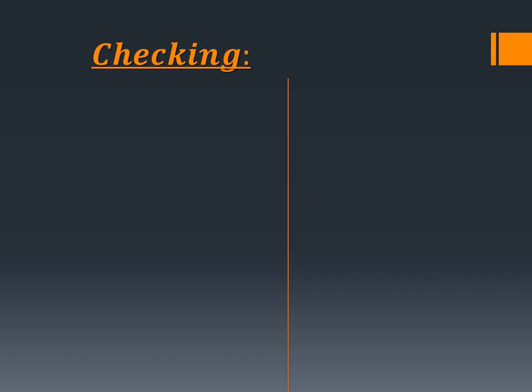The checking step is simply to put our values one by one in the given equation. If by putting one value, the two sides of the equation are equal to each other, that means the given value is the correct value and we will write it in the solution set. If we don't get the two sides equal, that is, the two sides are unequal to each other, the solution set won't have that value. That value is actually the extraneous root. So we had two values, minus 1 and minus 9 by 4.